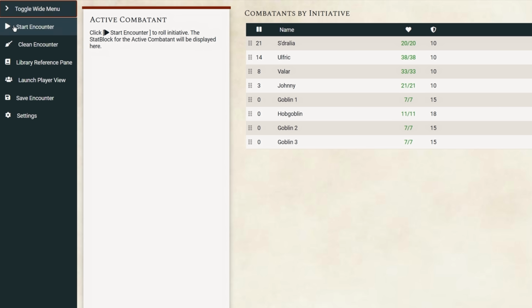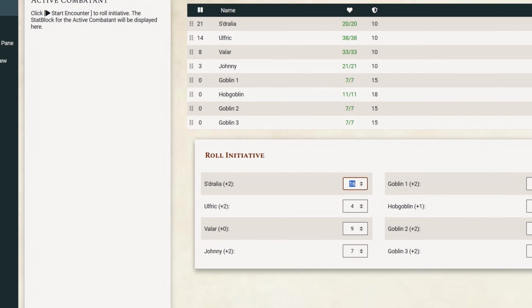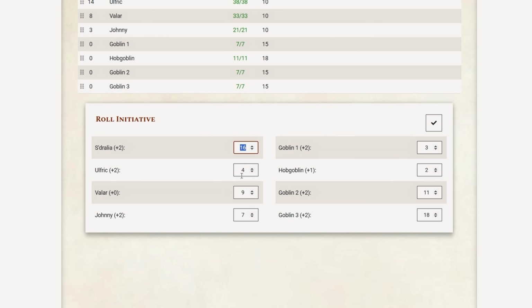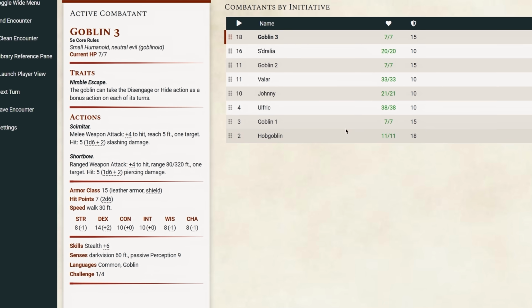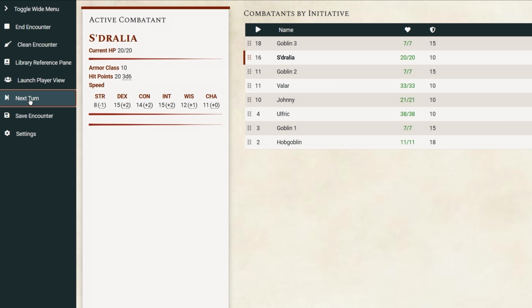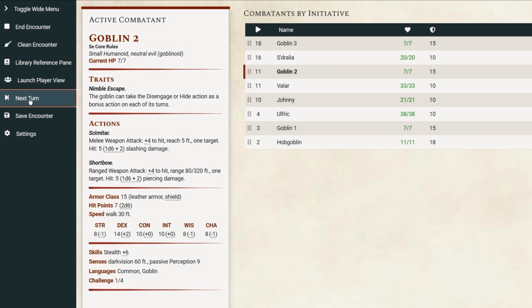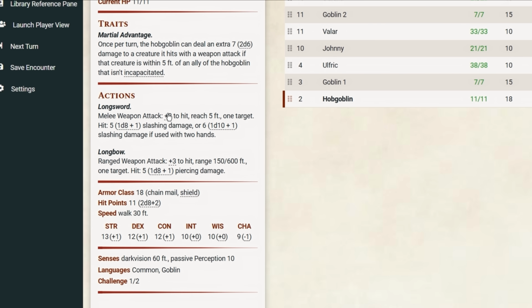Once you're ready to begin your encounter, just click the play button and it'll roll initiative. Now you can overwrite any player initiative rolls and then hit the checkmark to start the encounter. Then you can use the next button to advance the turns. When it's a monster's turn, their stat block will show up in the sidebar and you can click on any